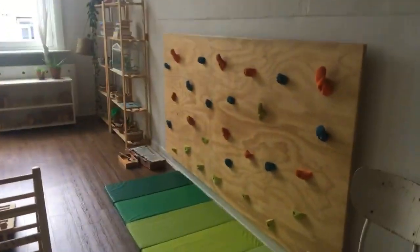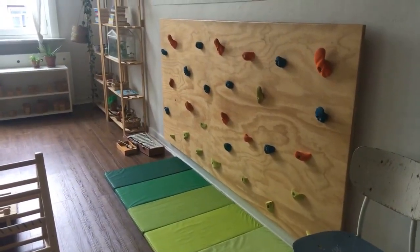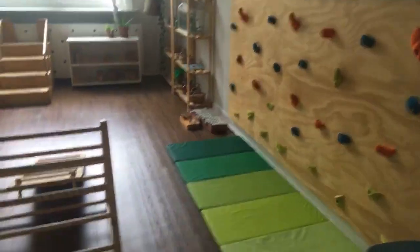So yes, we have a beautiful climbing wall, which is 1.2 by 2.4 for those who are wanting to build it. It's a piece of plywood, and then you can buy the grips from places like Amazon. Okay, and then we have a